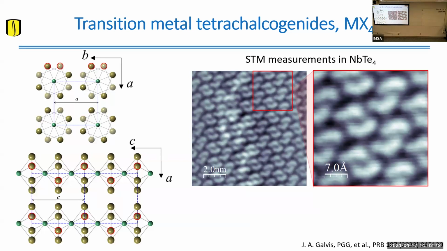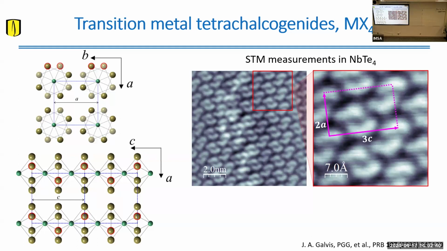So if you cleave a surface, this is a natural cleavage plane. You will see that the telluriums that are on top on the cleaved surface are actually these telluriums that form these kind of zigzag chains. So that's exactly what you see here. You see zigzag chains that group 3 tellurium atoms, which form a trimer. So you see these zigzags, and this is actually the modulation of the charge density wave.